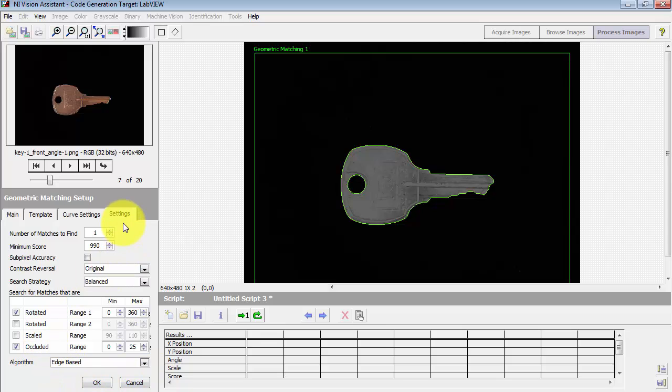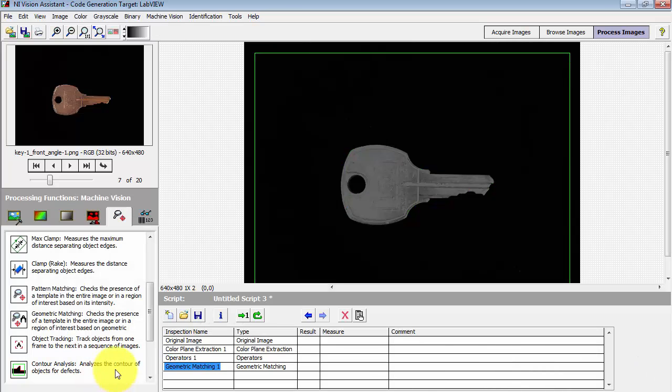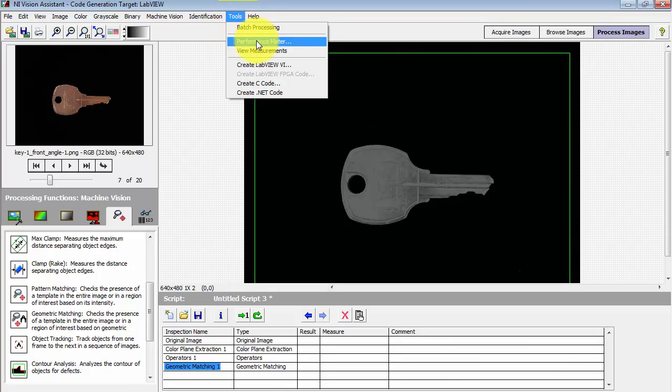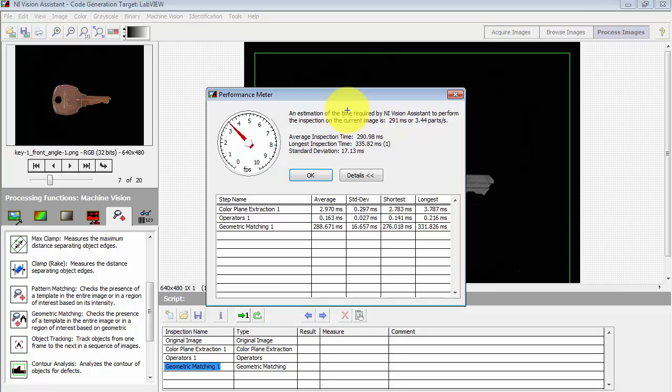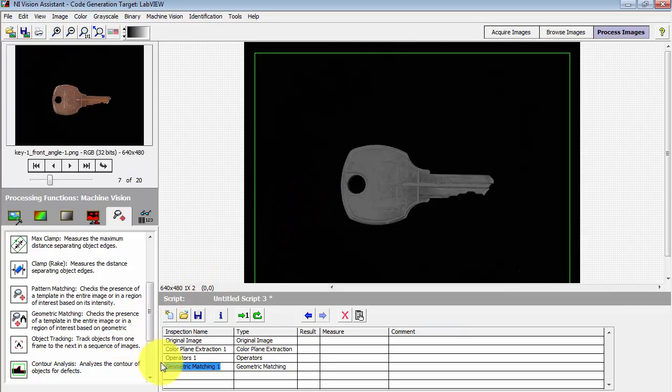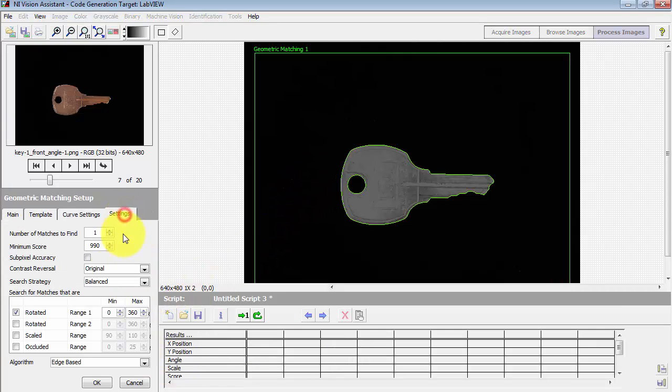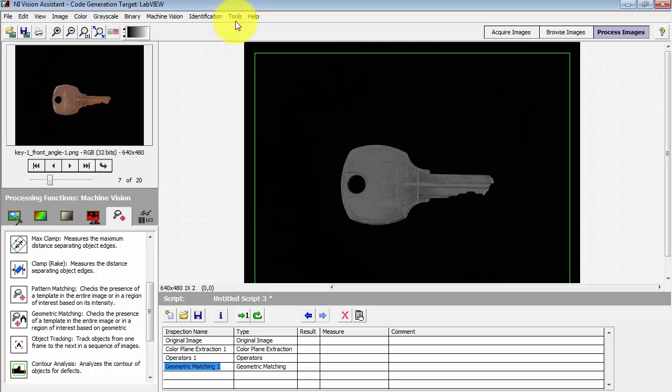Now let's take a look at some of these search options, especially the ones for looking for rotation and occlusions. Occlusions would indicate that we have multiple objects and we're trying to find it if it was partially obscured by another. Scale would say we're looking for variations in size. Just want to point out the cost of some of these options. This is the longest inspection time that's estimated, 335 milliseconds. And that's what we have when we are only looking for rotated objects. If we look for scale variations,